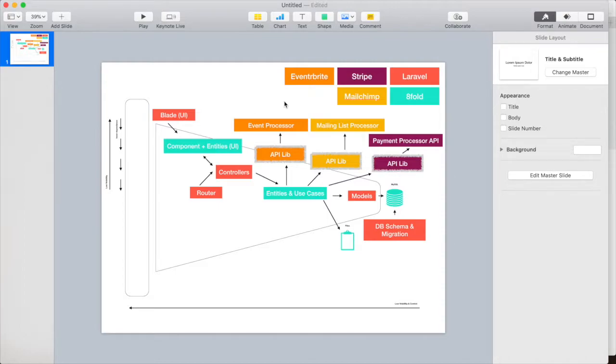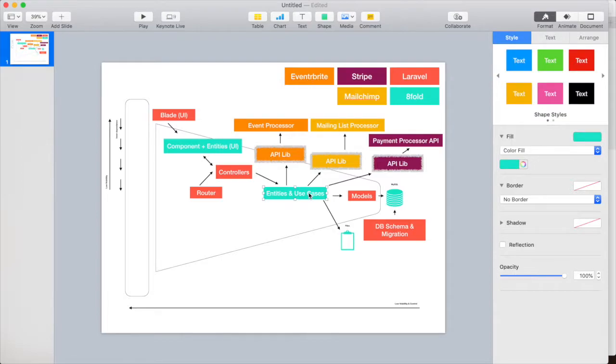what is the separation of concerns, what do we maintain, and how do we maintain that separation of concerns, right? So we maintain the teal stuff. We maintain the separation of concerns by keeping these communication barriers or communication channels only open through something that we maintain. So this way, Laravel isn't getting all hung up about what the API lib is doing and that sort of a thing. And then same thing with